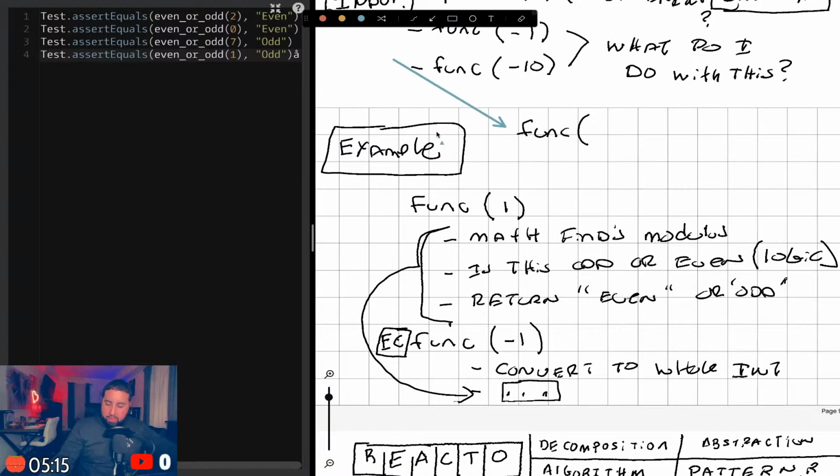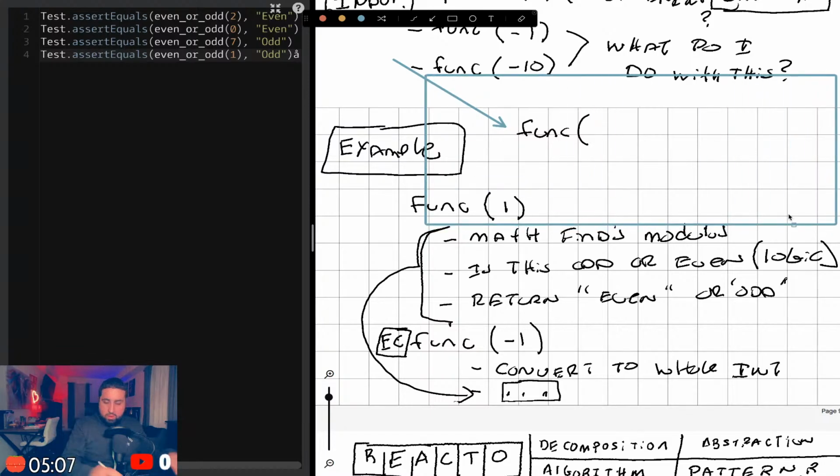What if we were passed a different data type? Right, so here, if I were passed a string, the string number 1, then what? Do I just say, sorry, this is not a number?